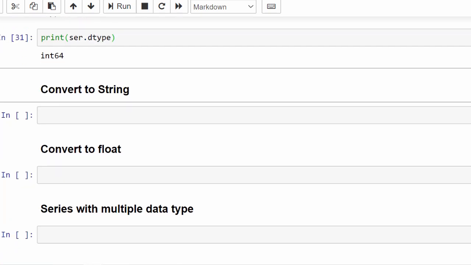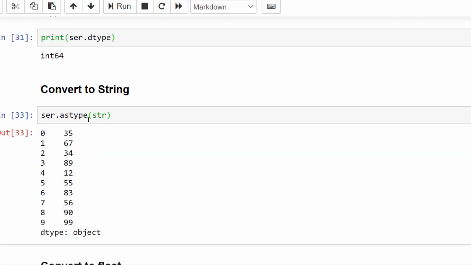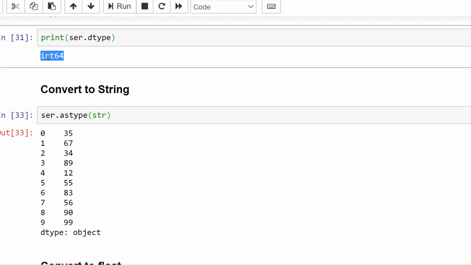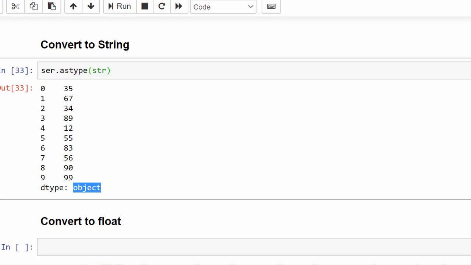First we will learn how to convert integer to a string. The syntax for that is ser, the series, dot astype, then the argument as str. Str means it's a string. Now when we execute, initially it was integer 64. Now all these integer values are converted into a string data type.